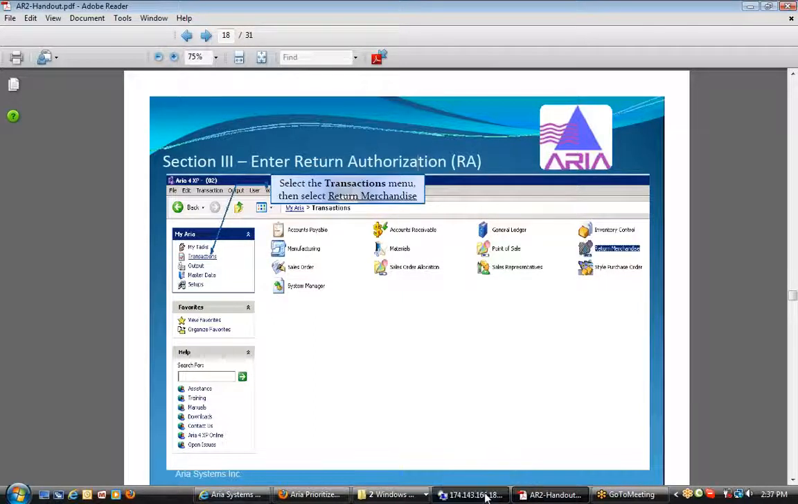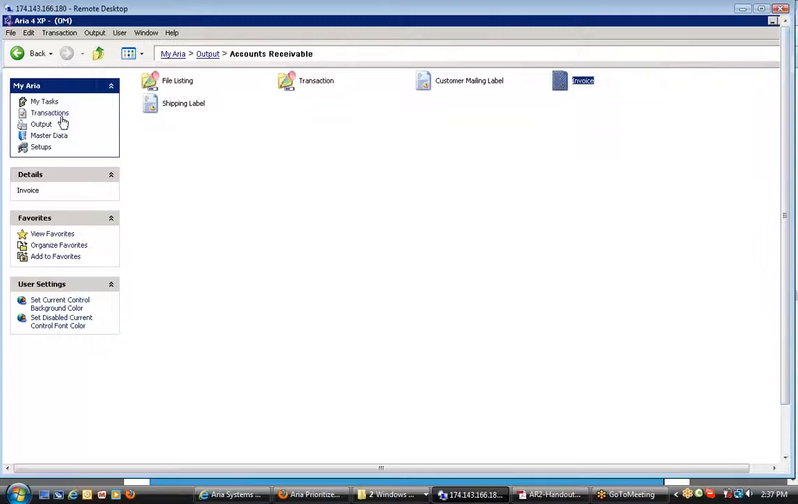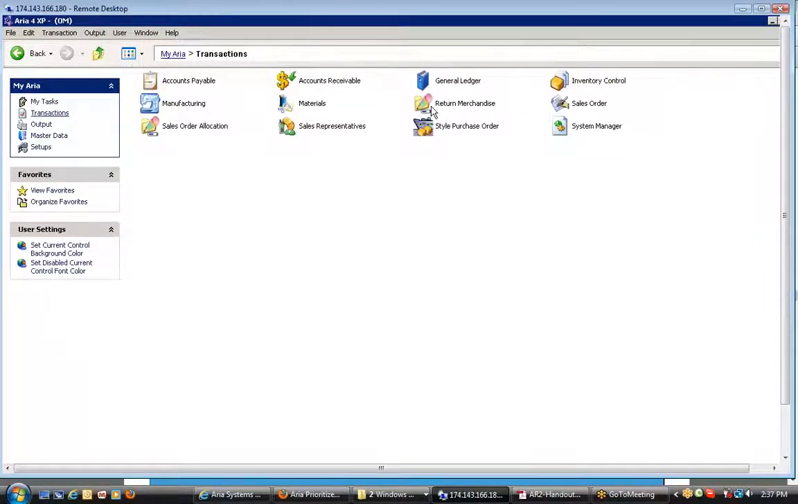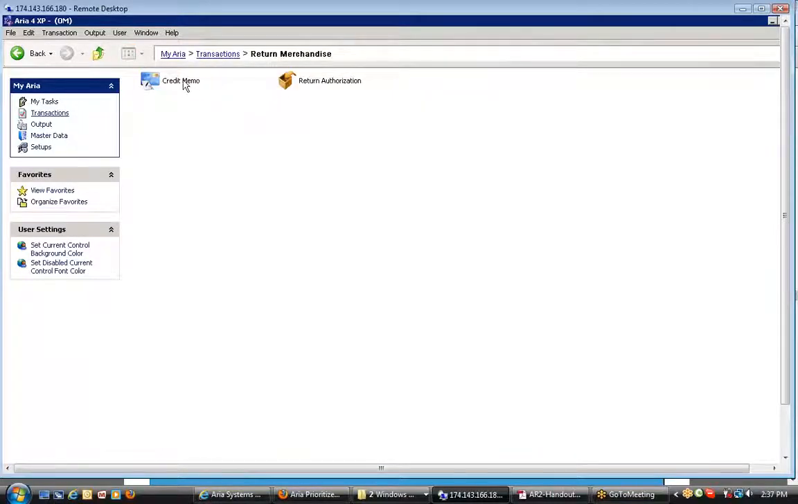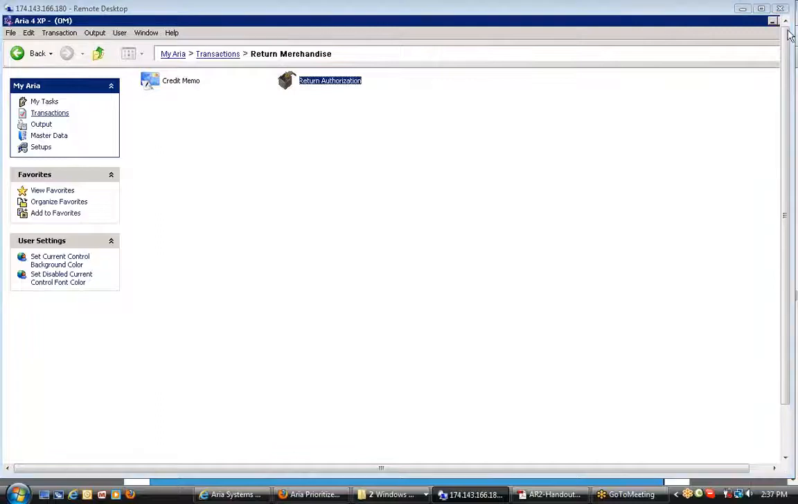So we'll go back to the Aria interface. We'll navigate to the main menu, transactions, then return merchandise module. Then that module simply has two options, the return authorization and the credit memo. Return authorization is our first step,